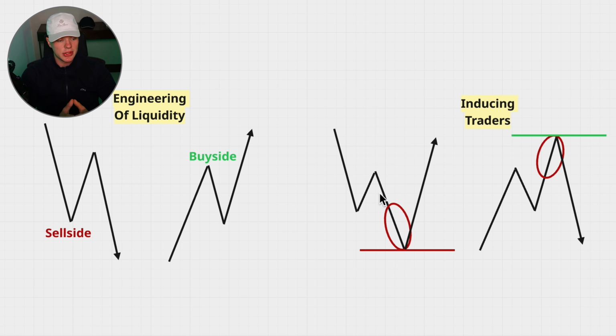So where you will see this inducing taking place is when the market is near your point of interest. It's near that key level where you're anticipating that reversal to take place from. What I'm always looking for is liquidity to be engineered in advance of that key level. And the reason being is because as I see the market stop in advance of that key level right here, the key level being this red line for info,